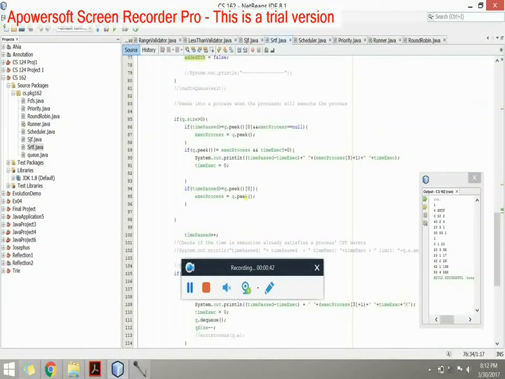And then if queue dot size is greater than 0, whichever is on top will become the executing process. And if q dot peek, so the one on top of your queue data structure, and the previous executing process are not the same, and time executing is not equal to 0,